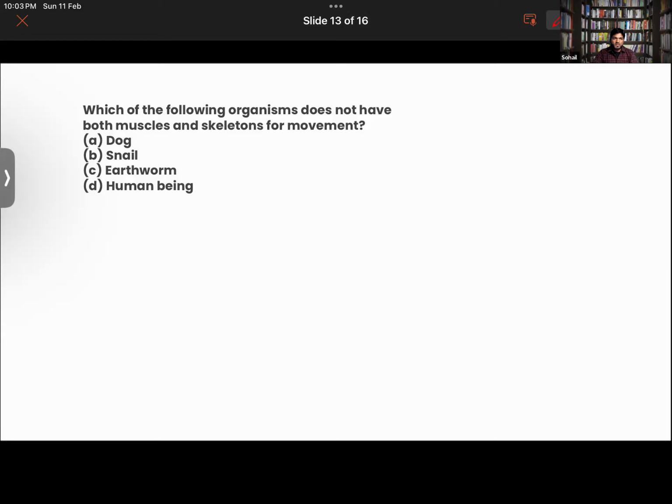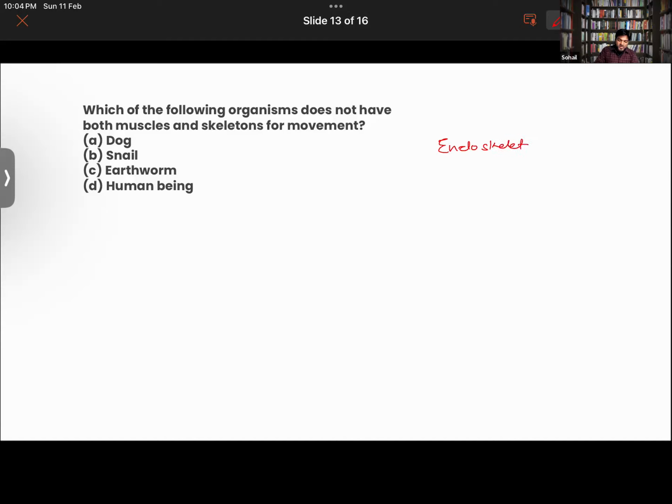Which of them has neither bones nor muscles? Earthworm. That is earthworm. Correct. While talking about other options like human beings and dogs, they have got a skeleton, an endoskeleton. Skeleton is also of two types. One that is present outside the body, one that is present inside the body. The one that is present inside the body is called endoskeleton,